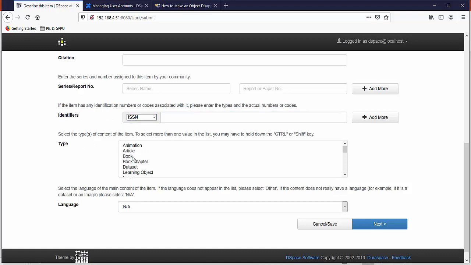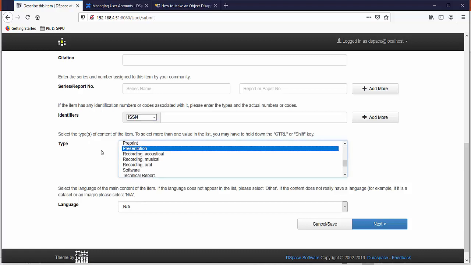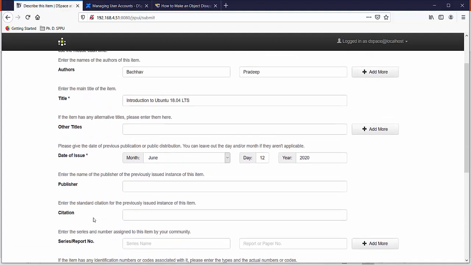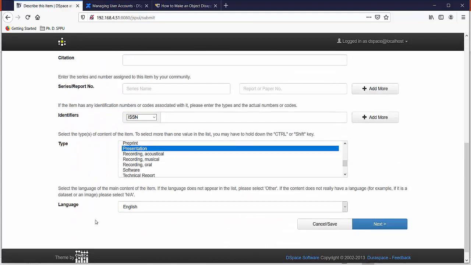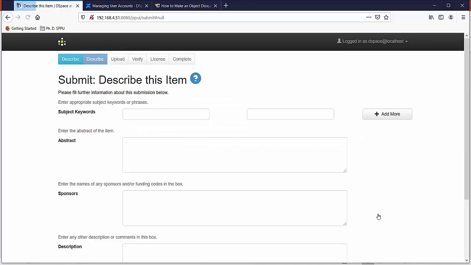Then choose the type of your item. I'm going to take presentation as the type of item. Language English. We have entered the metadata. You just need to click on the next button.